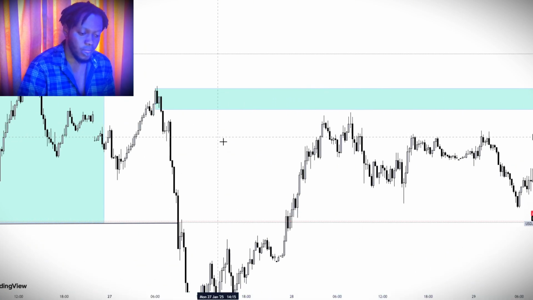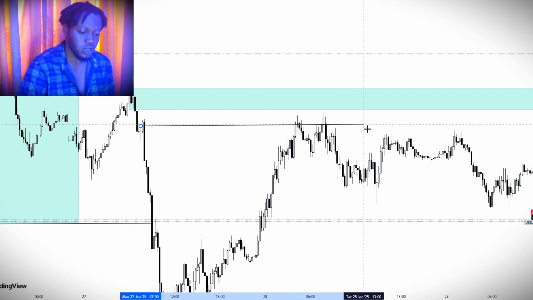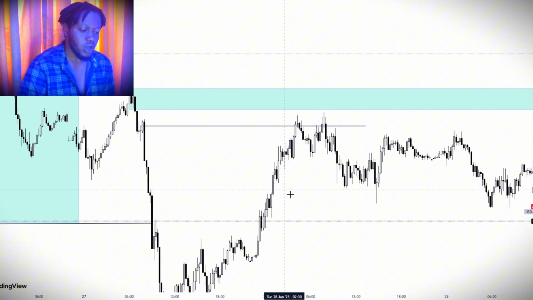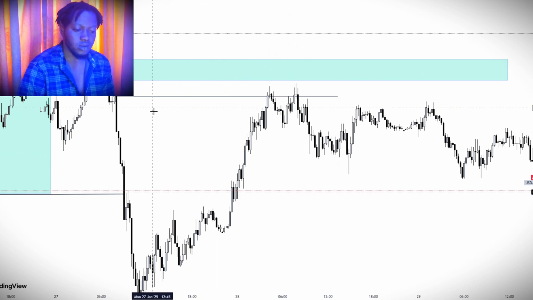right there, and this also. Let me just do something like this, because this is like an order block at this point. Yeah, something like this. Now I'm waiting for price to tap into any of these two, because if price is